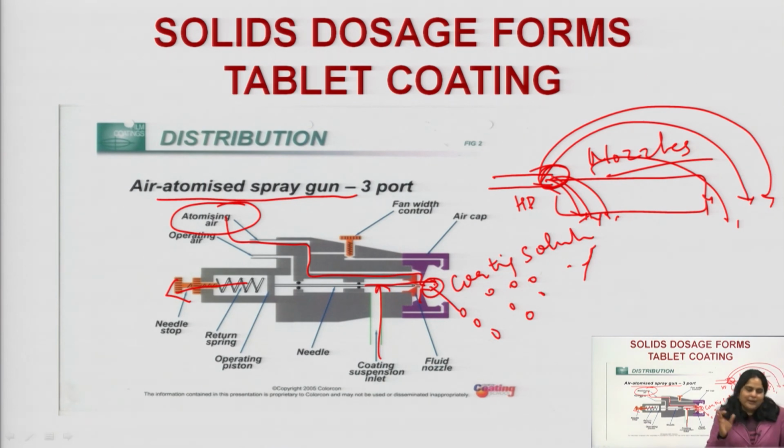So, ultimately tablet coating is a very complex process and we have to take care of each and every parameter before going for tablet coating. And again, extrapolations and calculations are not sufficient unless we actually conduct the experiments before going for scale up.